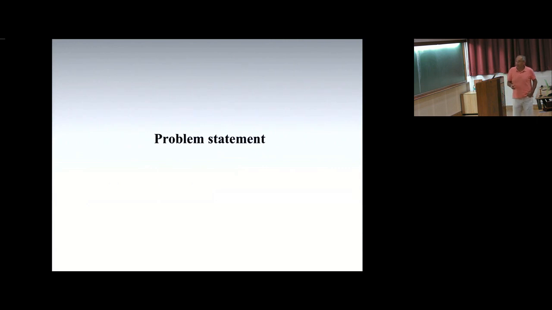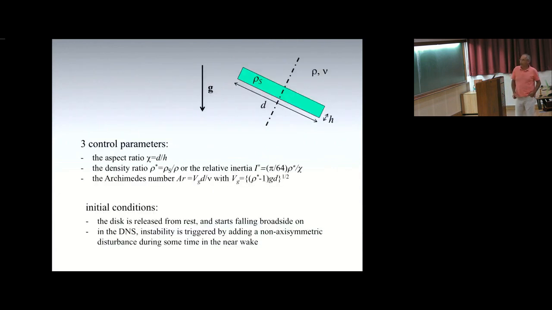Okay, so let's state the problem in a very simple way. Consider a disk which is made of a homogeneous material with density rho s. It falls or rises within a Newtonian fluid with density rho and kinematic viscosity nu. This disk has a height h and a diameter d, and of course the driving force is provided by gravity